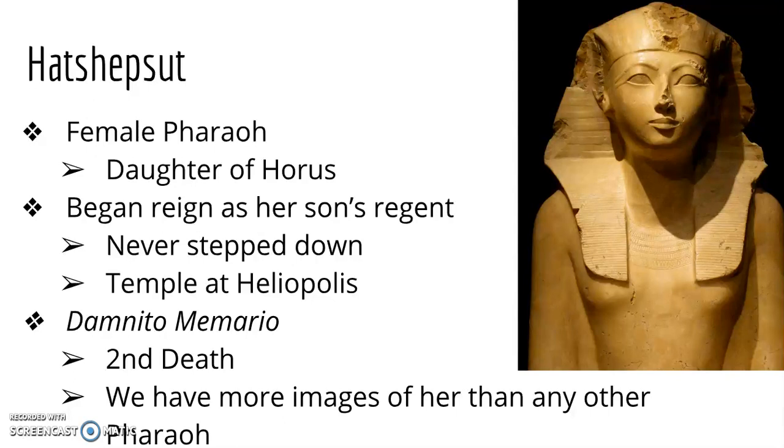So what this means is they believed that Horus, the god of pharaohs, the first pharaoh, would come and would actually have relations with the wife of the reigning pharaoh, and the child of Horus and the current pharaoh's wife would be the next pharaoh. That was how they conceived the world. And so the title daughter of Horus is a title which gives Hatshepsut a great deal of legitimacy. Now, she began her reign as her son's regent, meaning she was originally supposed to rule until he was too